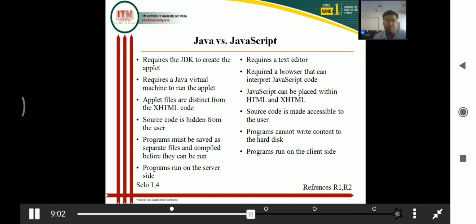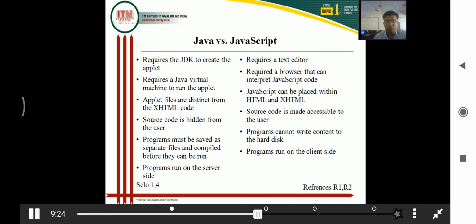While you write code in a Java program, on execution it is hidden from external sources. But when you write code using JavaScript, it is directly accessible or visible to the user through the web page code, the HTML code. However, one more differentiation is there.